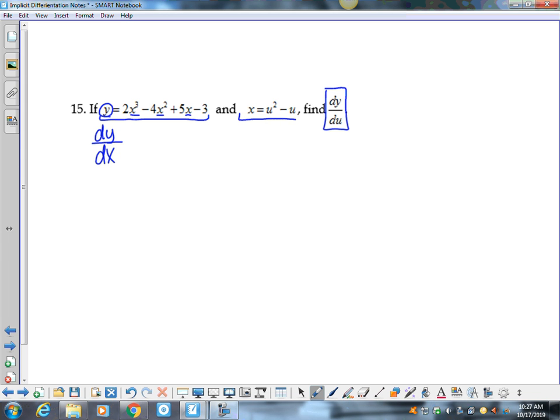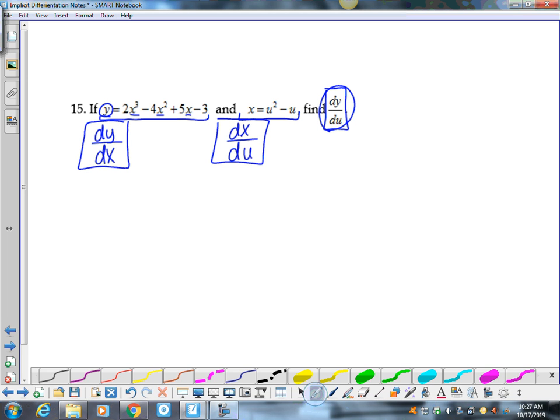If I take the derivative of this one, this is going to be the derivative of x with respect to u. And again, if I want dy du,